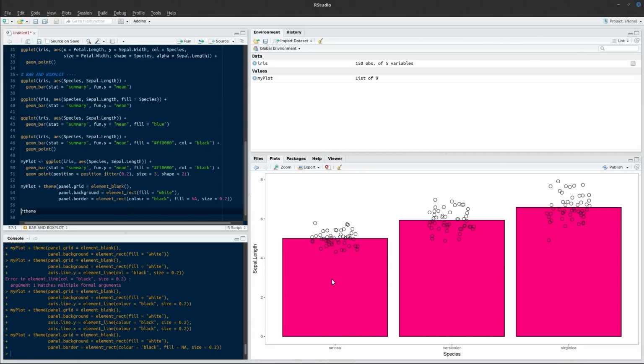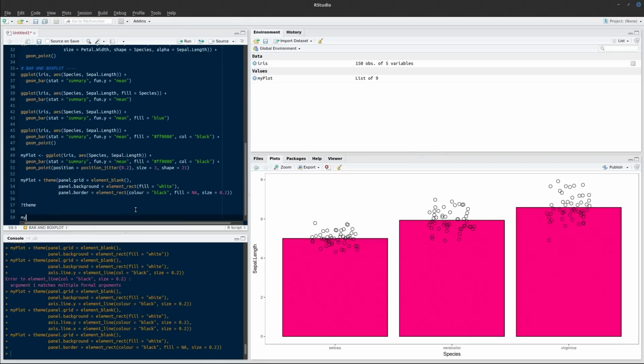Now, it might seem like quite a lot of work to achieve the look of a plot exactly as you want it, especially if you particularly dislike the default appearance of plots produced in ggplot. And so handily, ggplot comes with a number of pre-built themes which you can apply to your plots. And although they may not give you the result exactly as you want, if you find the one that matches most closely the result that you want, then it may only take a couple of tweaks to get the plot exactly as you want it. And so if we take my plot,